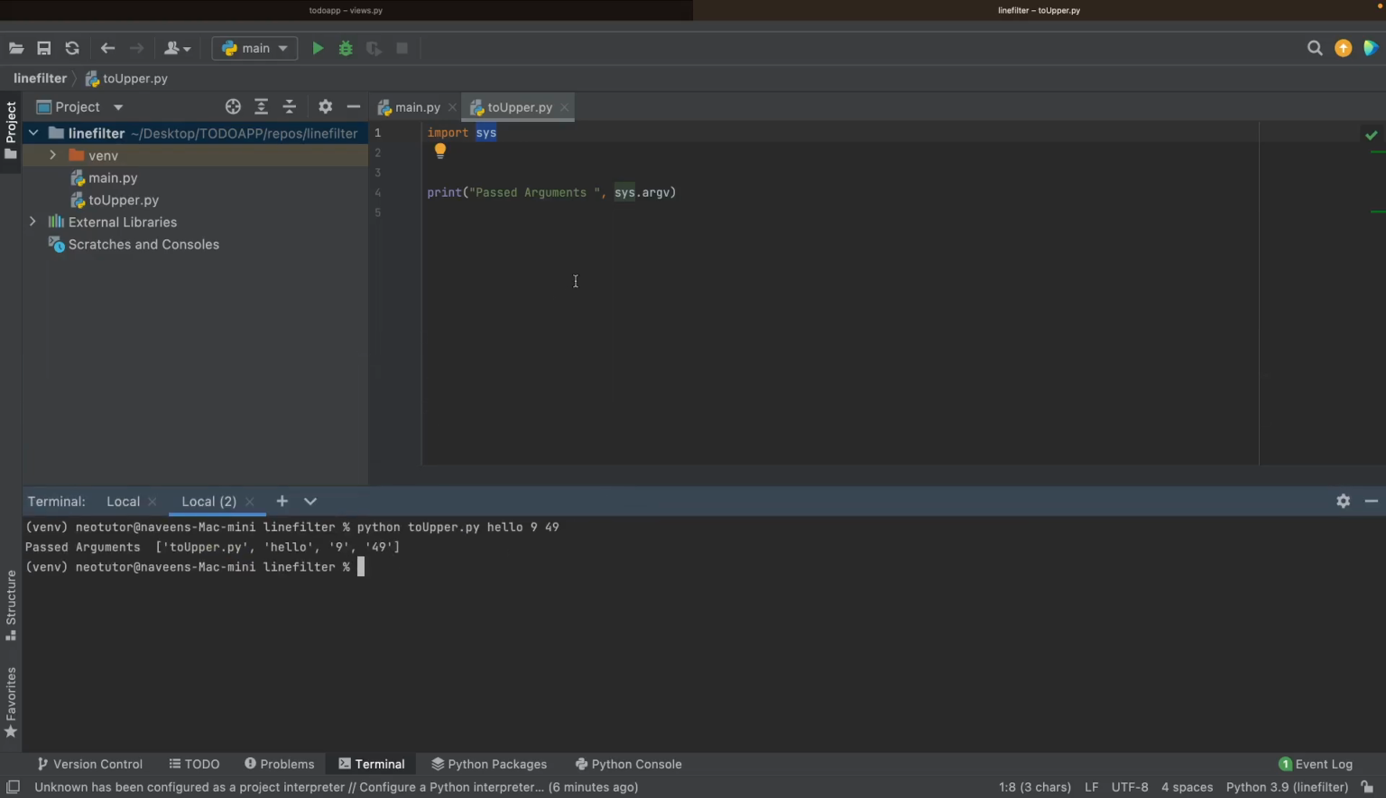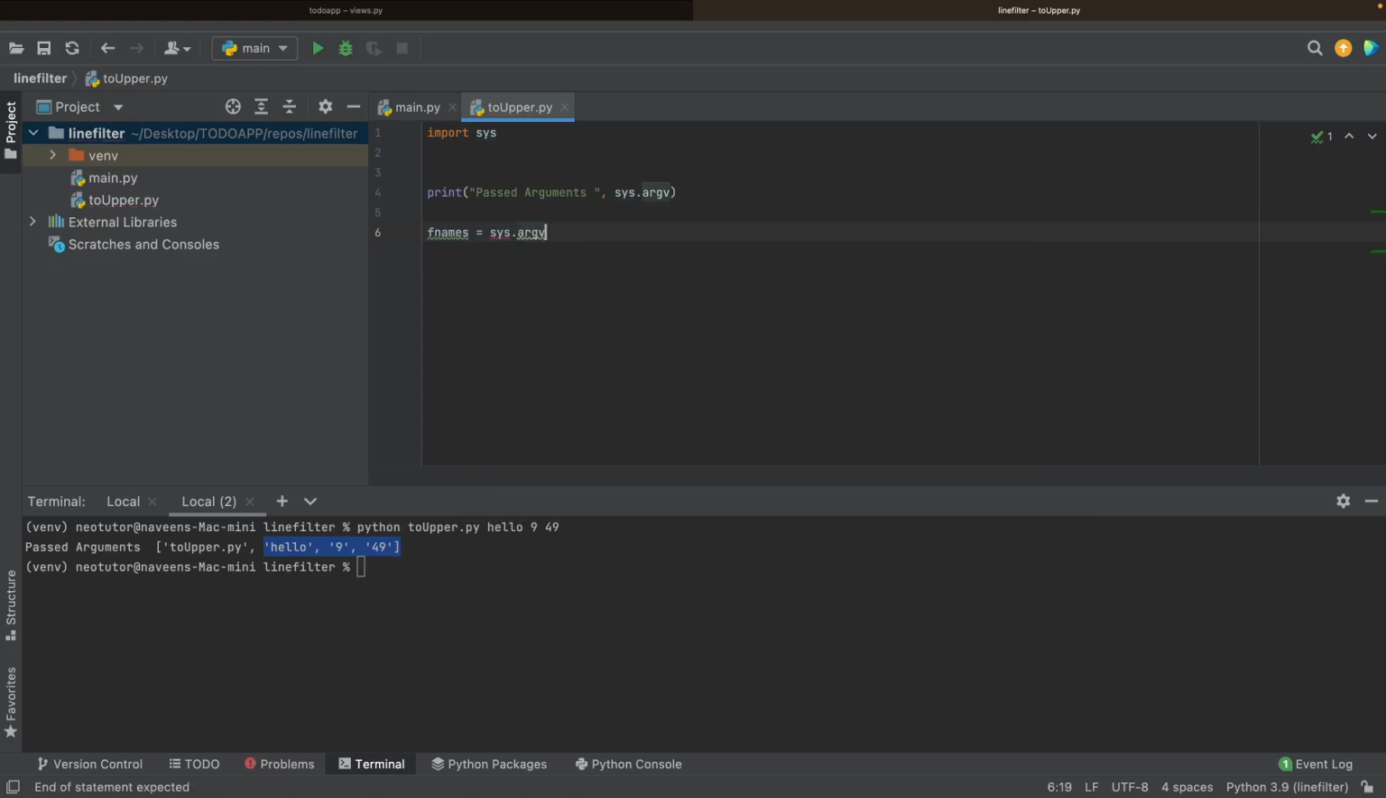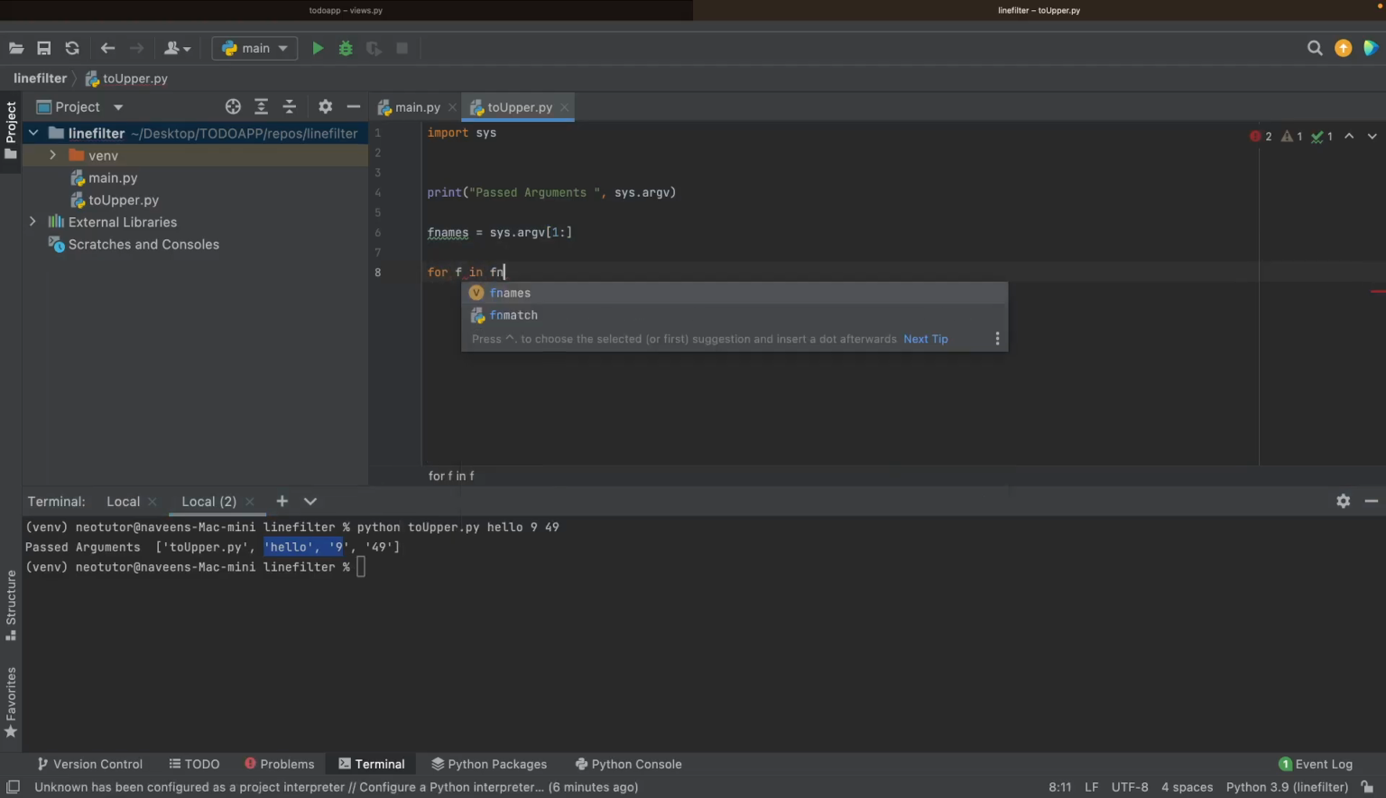So here we expect a list of arguments that are actually file names. f names equal to sys.argv. I need from the beginning. I don't want a 0th index, so from index 1 we need everything. So what we will do: for f in f names